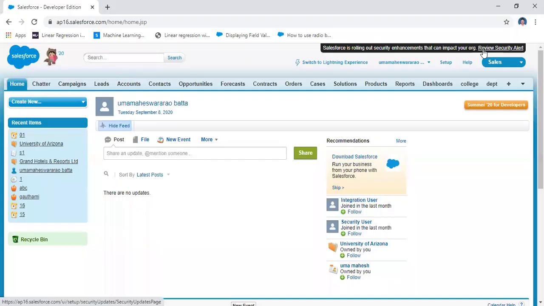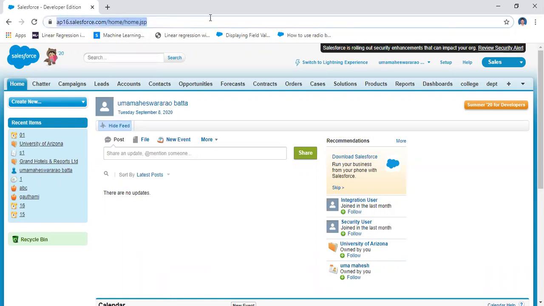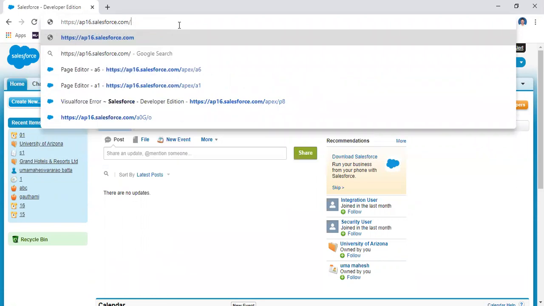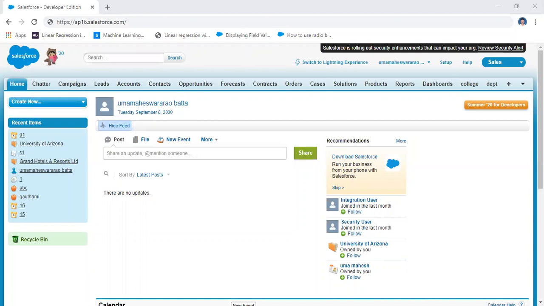I'm going to create a page. How can you create the page? Go to home, and then here you will create a simple page. The page here is for hidden tags, but the hidden tags are for the input field tags.